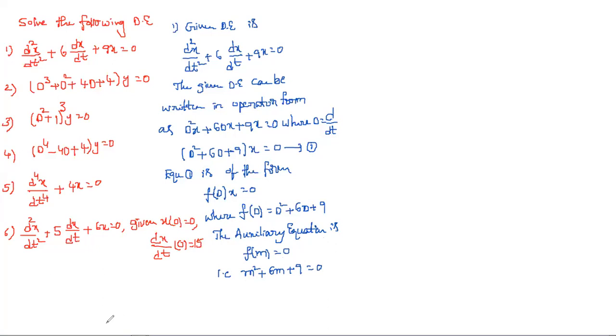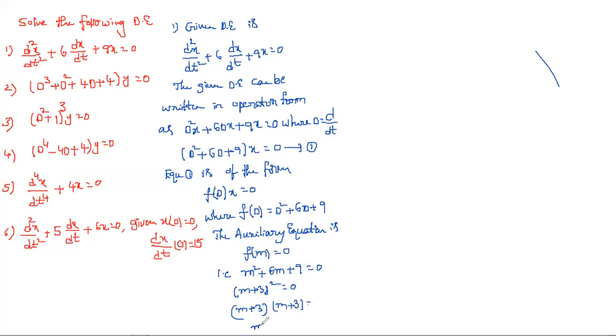Or simply we can write, here it is m square plus 6m plus 9 is equal to 0. How can you write this one? Is it in the form of m plus 3 whole square or not? So we can write it as m plus 3 whole square is equal to 0. Expand this by a plus b whole square, a square plus 2ab plus b square. Now, what are the roots for this? This is nothing but m plus 3 into m plus 3 is equal to 0.